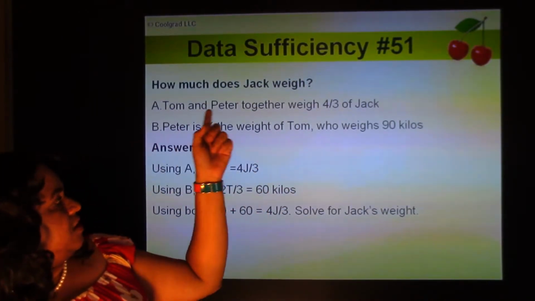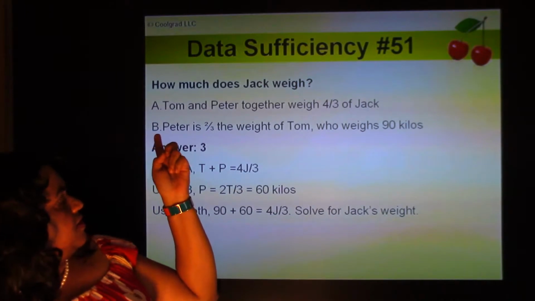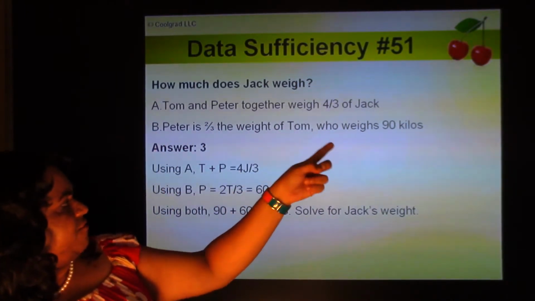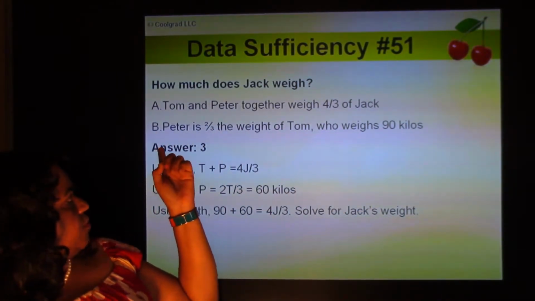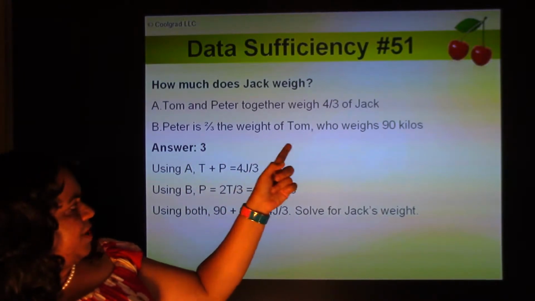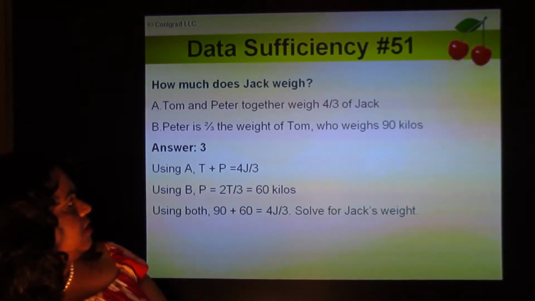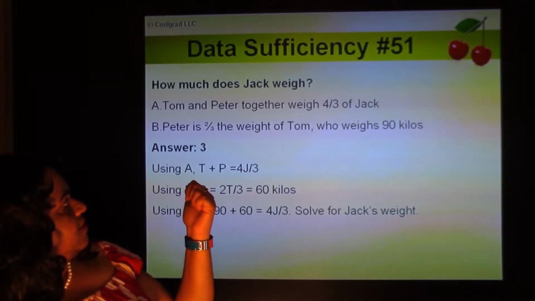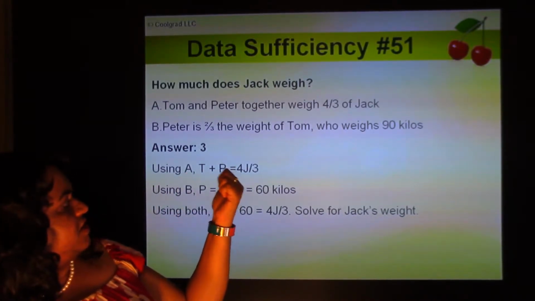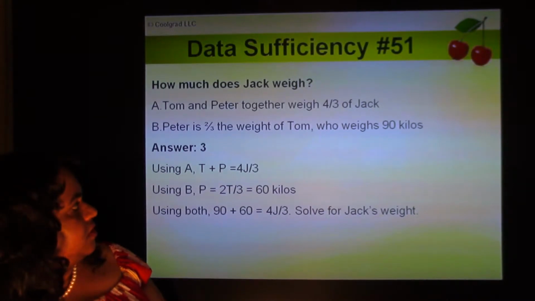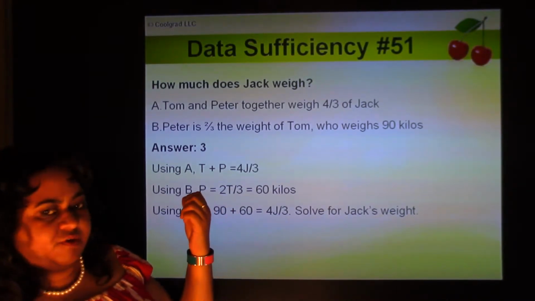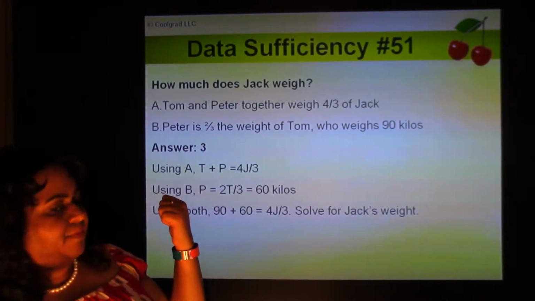Question 51. How much does Jack weigh? Statement A. Tom and Peter together weigh 4/3 of Jack. Statement B. Peter is 2/3 of the weight of Tom, who weighs 90 kilos. So using A, Tom plus Peter is 4/3 of Jack, and we can't solve for either of their weight individually. Using statement B alone,